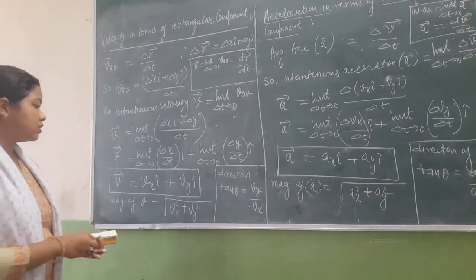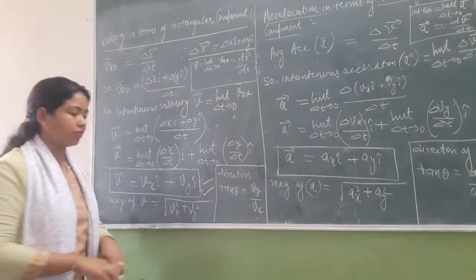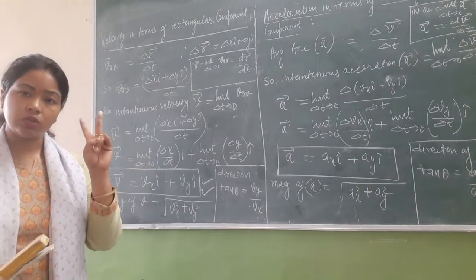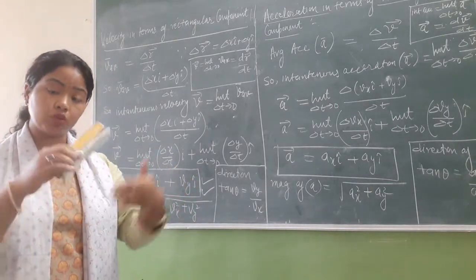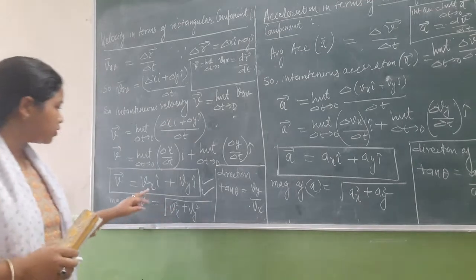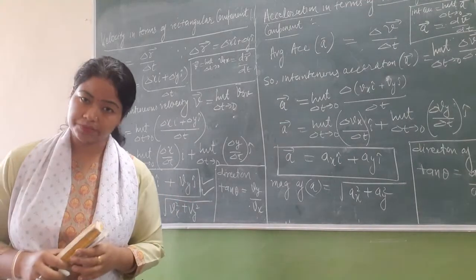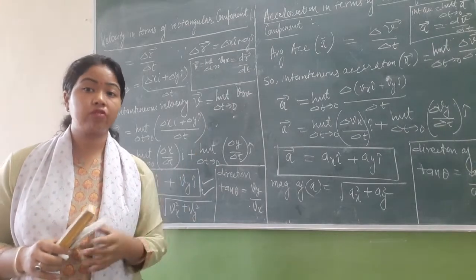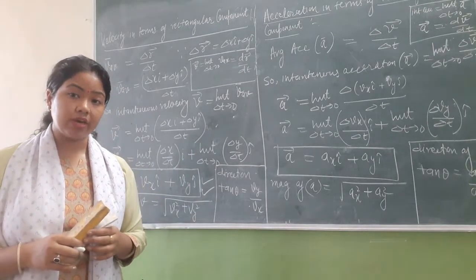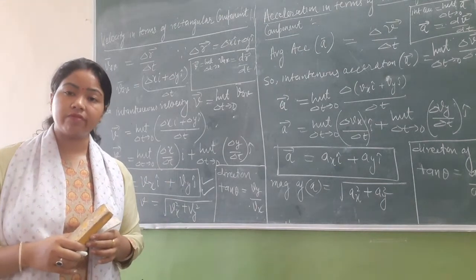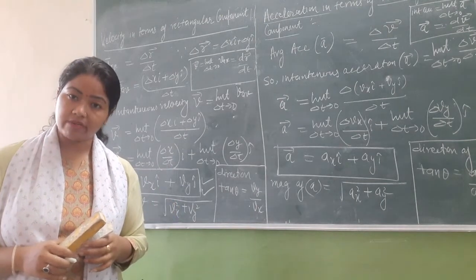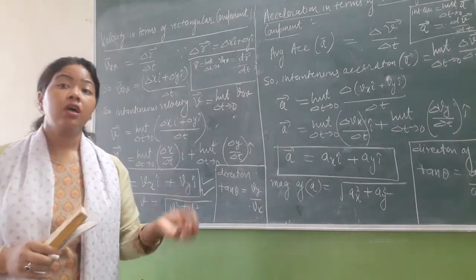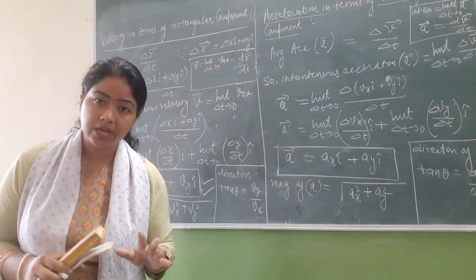Now, this is the formula of velocity in terms of the rectangular components. Again, we have split that velocity into two components. Rectangular components means both components are perpendicular to each other. So vxi plus vyj. Just remember the resolution of a vector: vector a equals axi plus ayj. Similarly, for the vector f, fxi plus fyj. Any quantity that exists in a plane we can split into rectangular components.